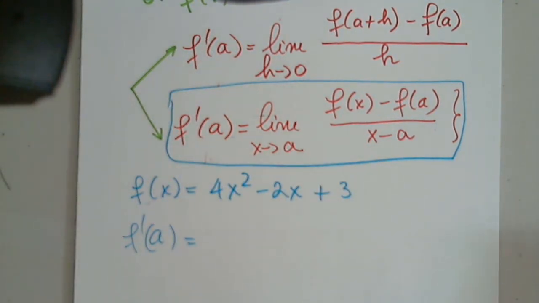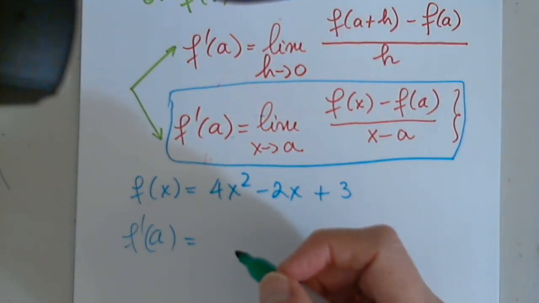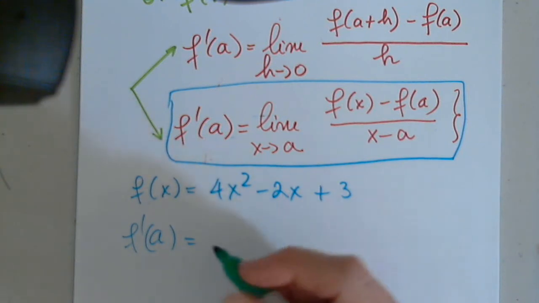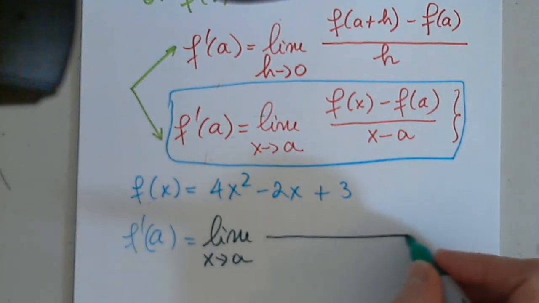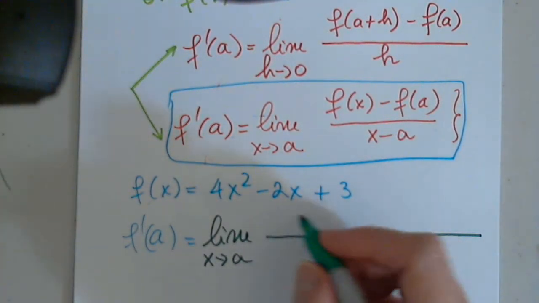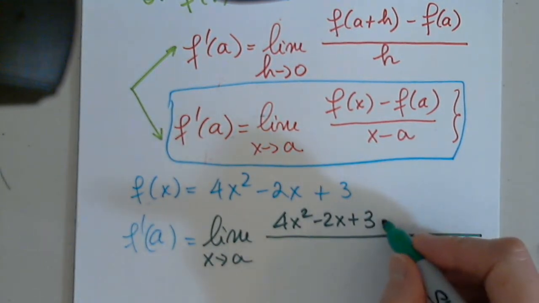Lindsay, how do we start? Would you start with 4x squared minus 2x plus 3 as the f of x on the top of the, or I'm sorry, limit. Sorry. Thank you very much. Good. So we will have 4x squared indeed, minus 2x plus 3, and minus